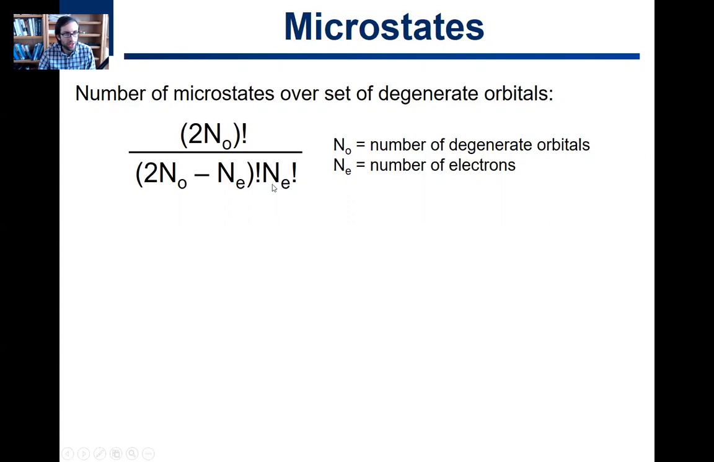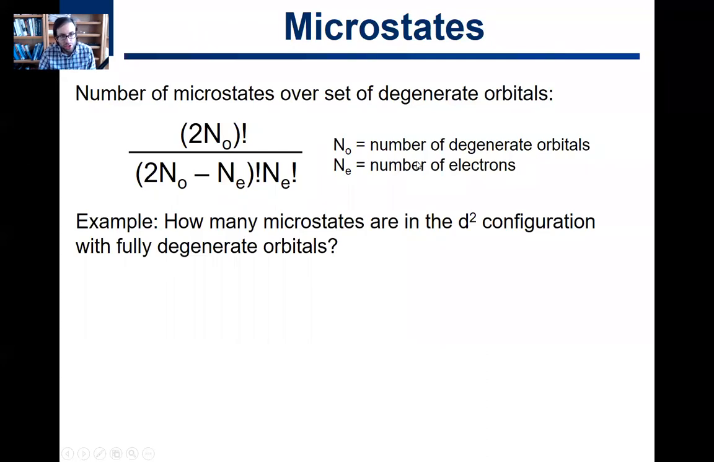That's your exclamation point. And you guys remember what factorial is? 4 factorial is equal to 4 times 3 times 2 times 1. 3 factorial is equal to 3 times 2 times 1, okay? So it's this formula where n0 is the number of degenerate orbitals and ne equals the number of electrons you're